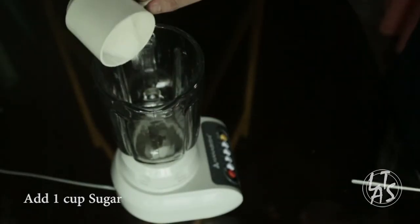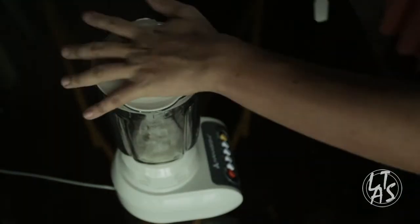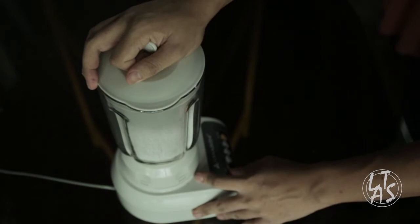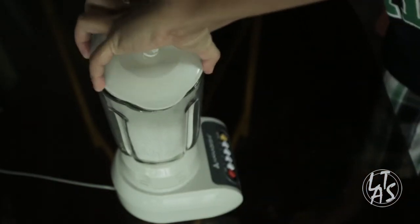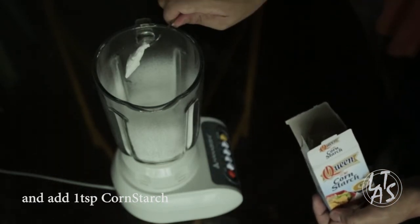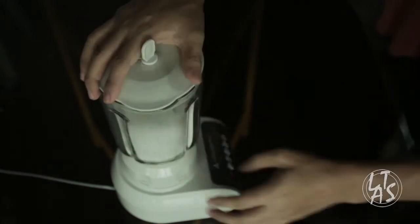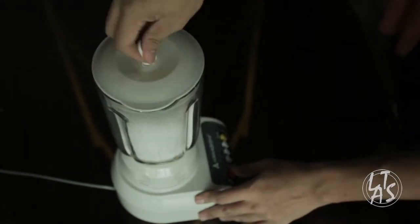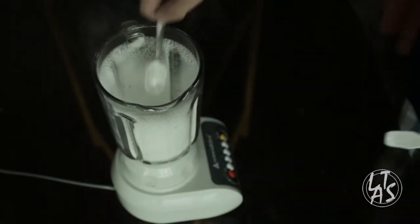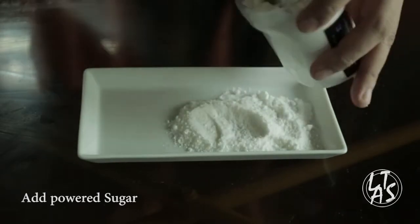And if you don't have a powdered sugar, you need a blender, 1 cup of sugar, and then 1 teaspoon of corn starch. Add the powdered sugar,